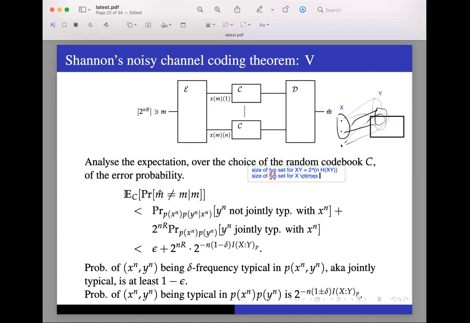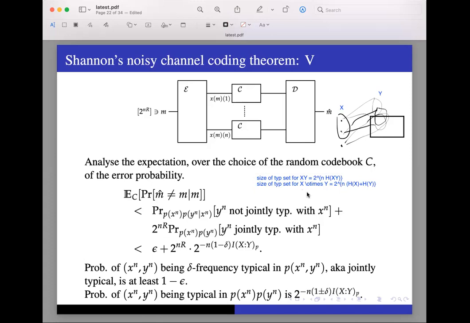Very almost precisely, it is the number of elements in the typical set for the joint distribution divided by the total number of elements in the product distribution, which is roughly 2 to the n H(X,Y) divided by 2 to the n (H(X) + H(Y)), which essentially gives you this quantity. So this is basically what you're saying: the size of the typical set for the joint distribution is roughly this. Okay. Which we saw last time, and we also know